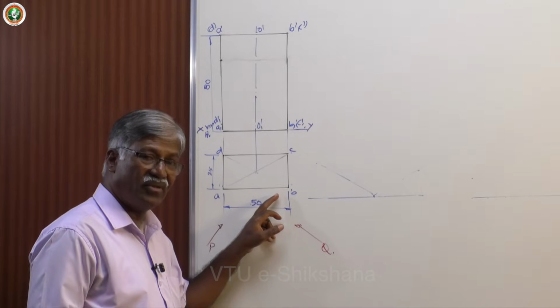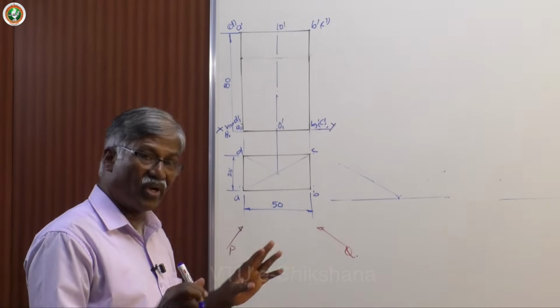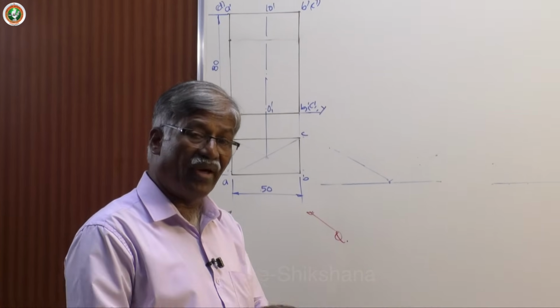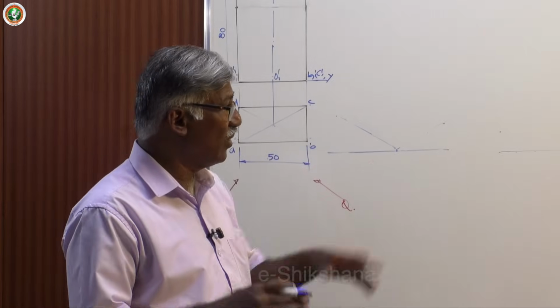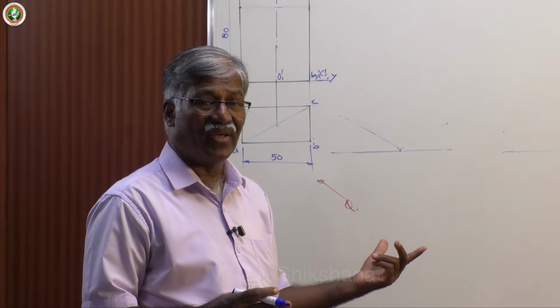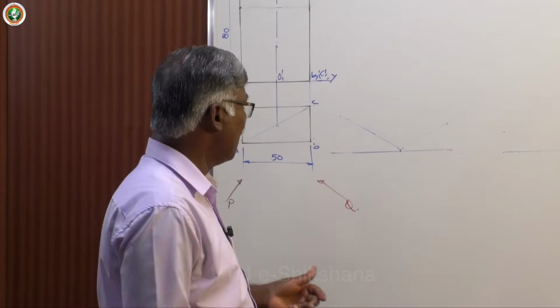All lines which are on HP and parallel to VP or perpendicular to VP are on 30-degree lines. There are two conditions: number one, parallel to VP or perpendicular to VP; number two, on HP or parallel to HP. All these lines are on 30-degree lines. After the completion of this figure, I will tell you how exactly you are getting that. Now let me have